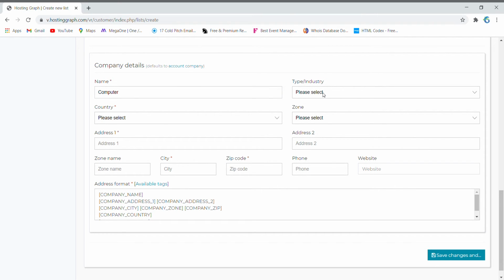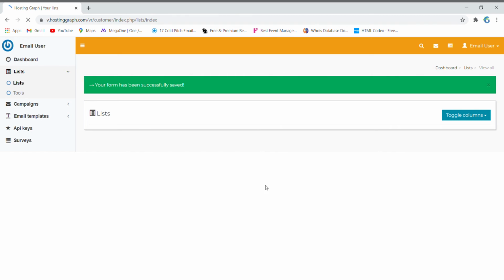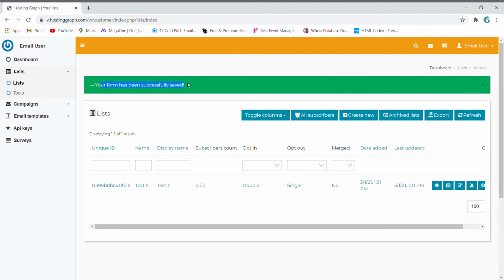Industry type computer, select country India, zone, address, my city name, my zip code, and nothing else to do, we'll just save and go back to list. Here it notifies that our list is created successfully.